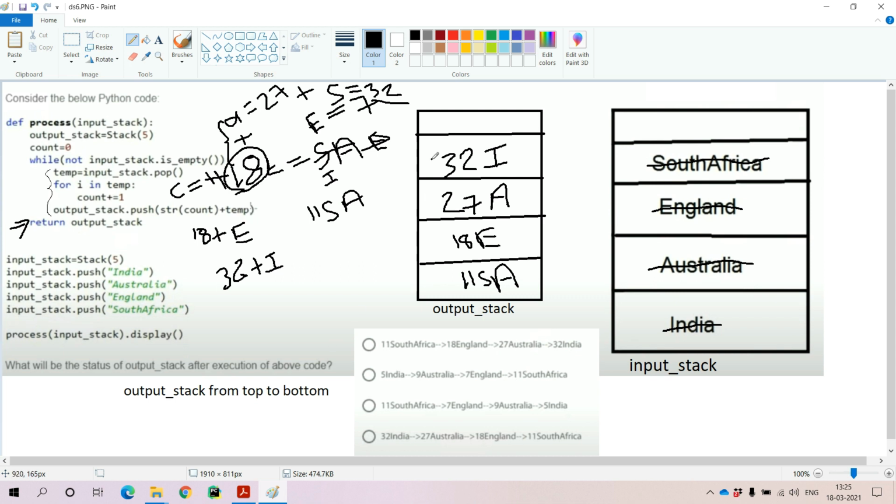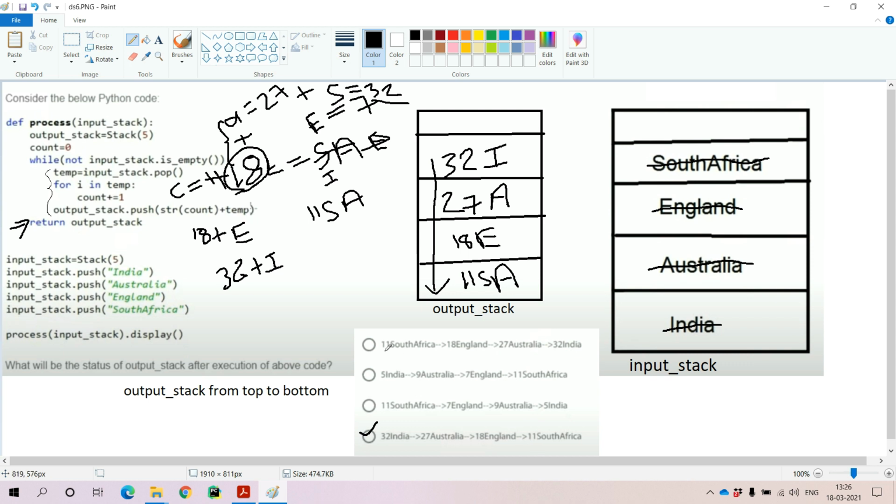Observe from top to bottom: the first element in the output stack is 32 India, the second element is 27 Australia, the third element is 18 England, the fourth element is 11 South Africa. We have to check which option is suitable for the given output. The fourth option is the suitable option: 32 India, 27 Australia, 18 England, 11 South Africa.